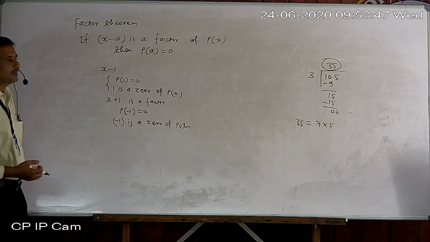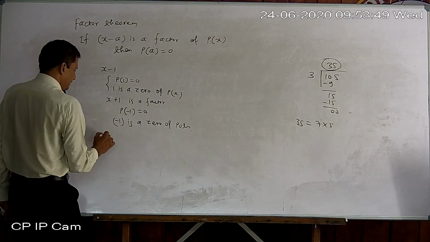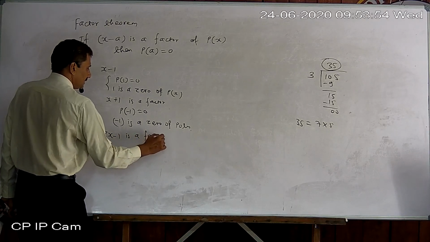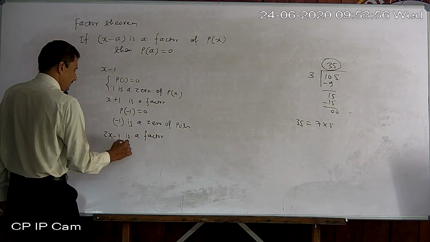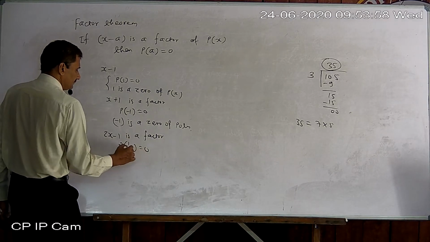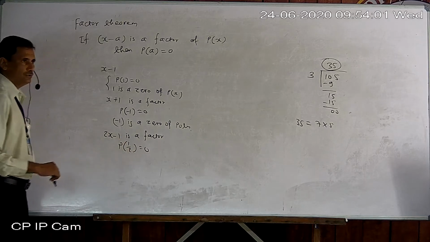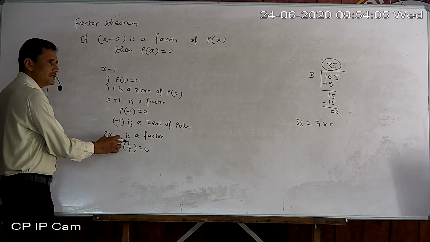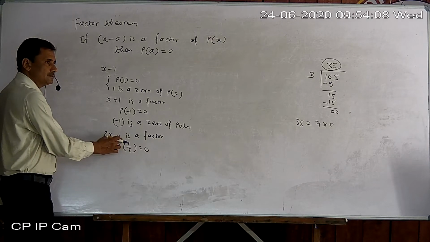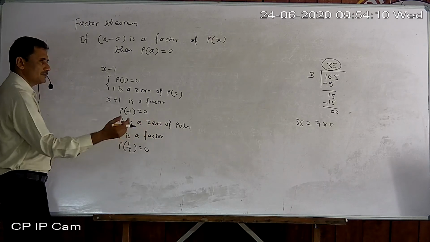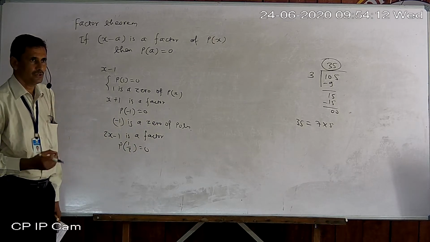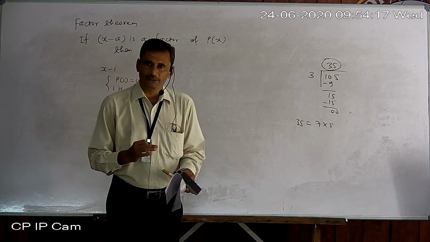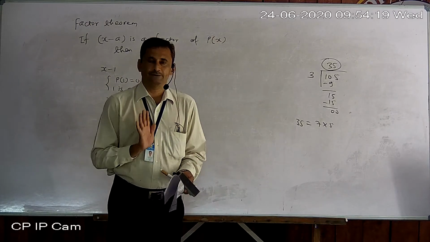Now suppose you are given 2x minus 1 is a factor, then obviously p of 1 by 2 will be 0, means 1 by 2 is a zero of the polynomial. How? Just find x by equating the given divisor polynomial to 0. So 2x minus 1 equal to 0, so x will be 1 by 2. Okay. So from now onwards, whenever a zero of a polynomial is given, you understand a factor is given.